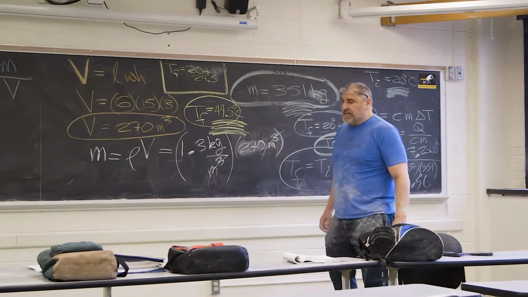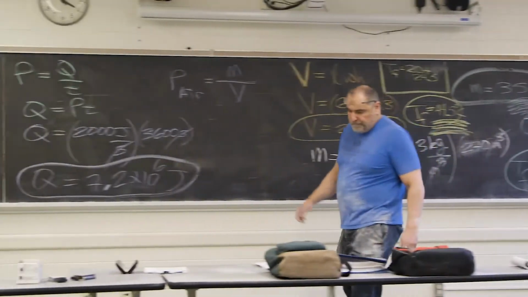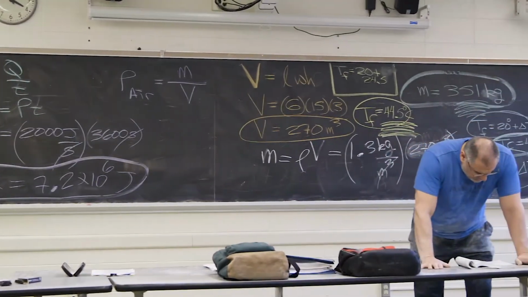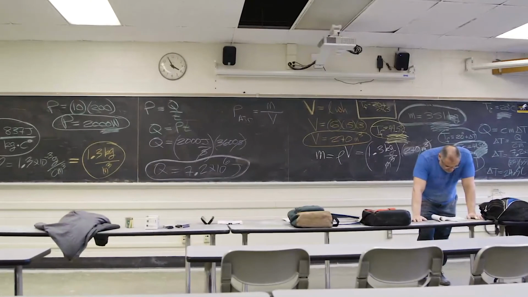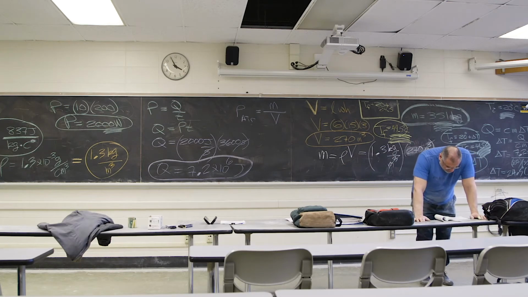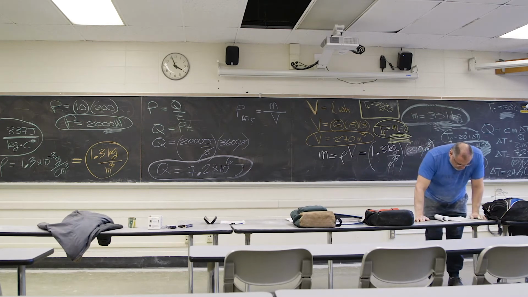Okay, that was 62. Let's go to 63. Problem 63 talks about a bar of gold, Au, in thermal contact with a bar of silver, Ag, of the same length and area. One end of the compound bar is maintained at 80 degrees Celsius, and the other end is at 30 degrees Celsius. Find the temperature at the junction when the energy flow reaches a steady state. So somehow together, these are going to flow. We're talking about the transfer of energy